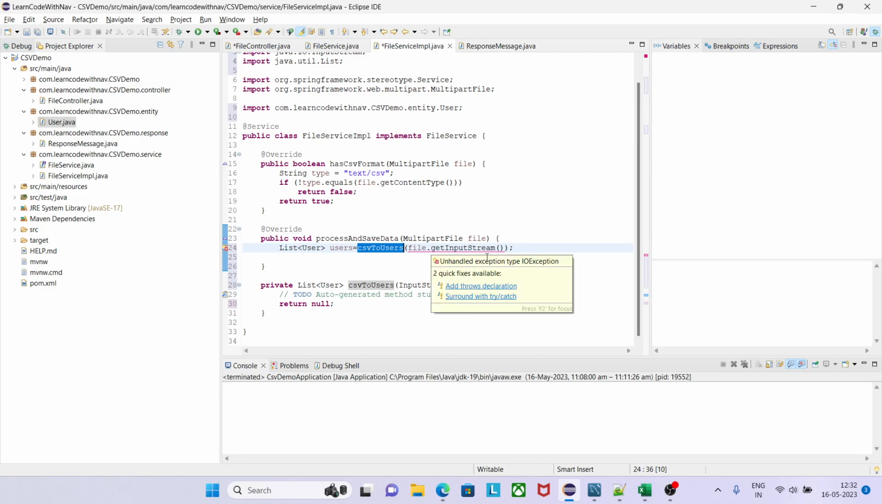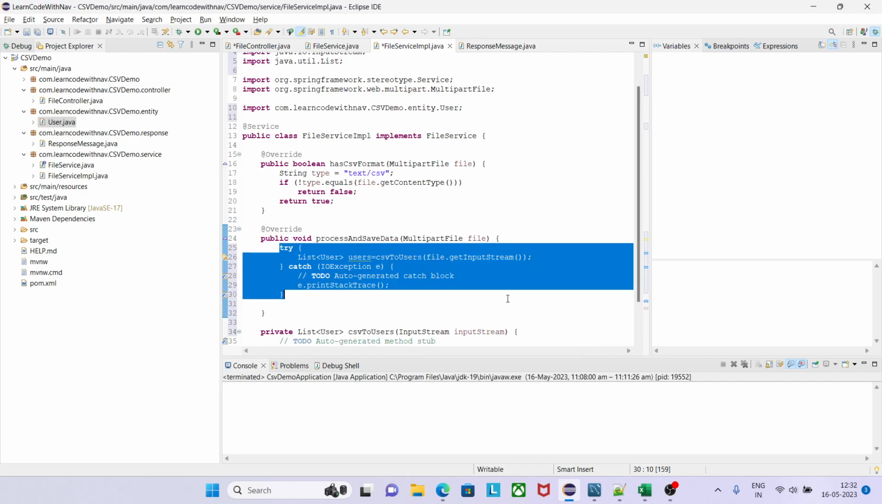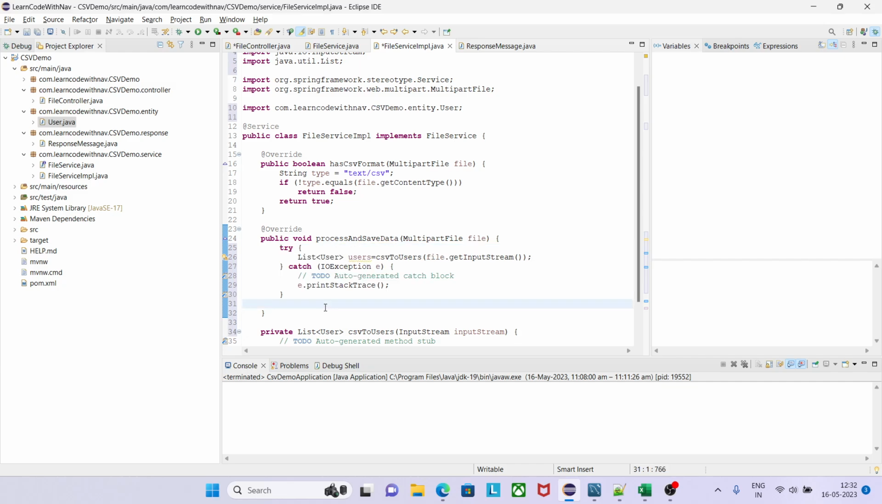They are saying add throws declaration, surround with try catch. Okay, surround with try catch. I am surrounding with try catch here. Okay, no problem. Now once I got the list after converting it,